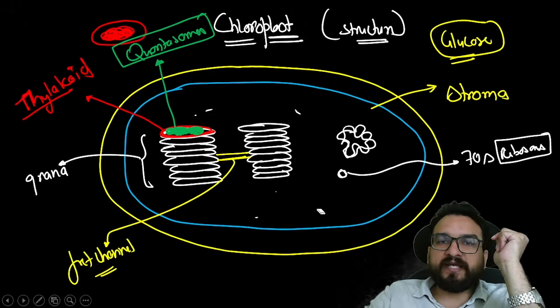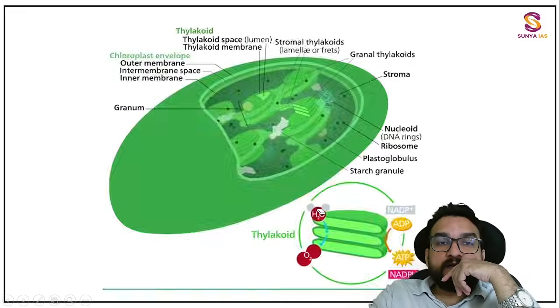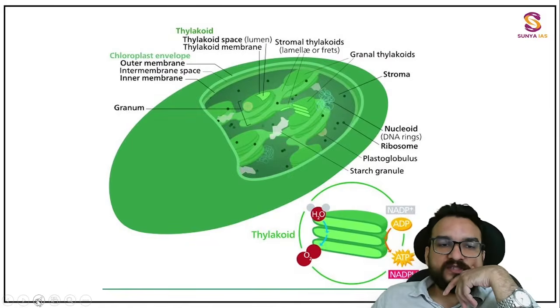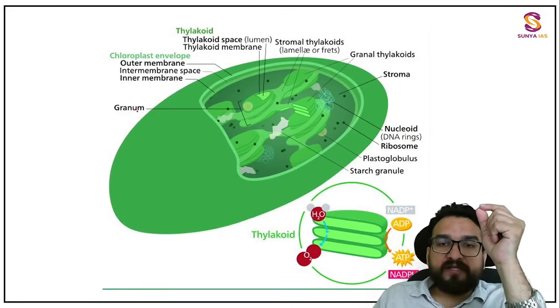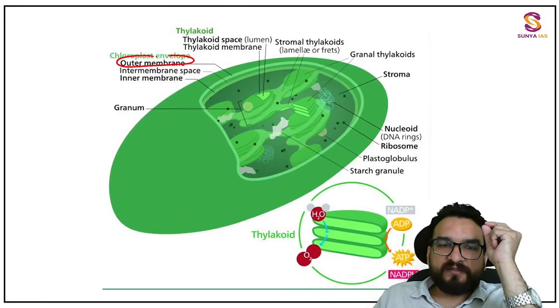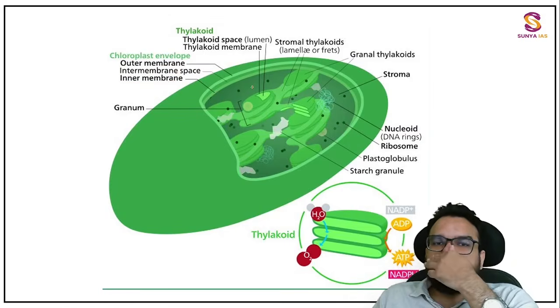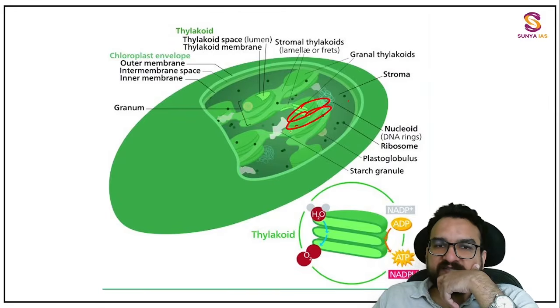Now let me show you the diagram over here. Look, this is the structure. Where I am letting you focus, first of all, you see the outer membrane, then the inner membrane, then the intermembrane space. Outer, inner, intermembrane. Then we have opened it up and you will find this liquid is known as stroma. Then there is one layer like this, like this channel you will find. Look, they have picked it up over here.